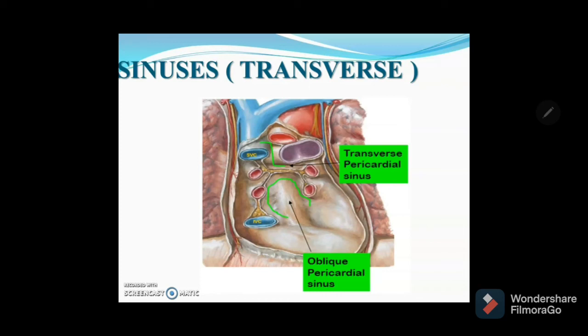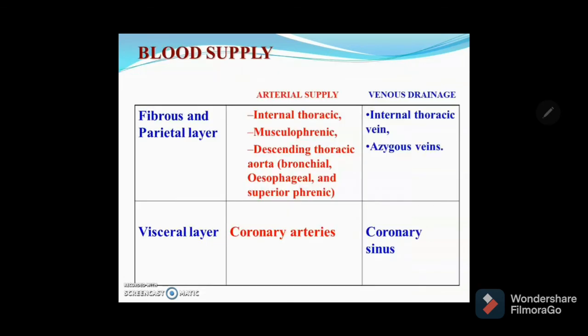Transverse sinus is due to the degeneration of the dorsal mesocardium between the venous end and arterial end. Oblique sinus is due to the absorption of pulmonary veins. Coming to the blood supply, the fibrous and parietal layer have the internal thoracic, musculophrenic and descending thoracic aorta branches, whereas the visceral layer is supplied by the